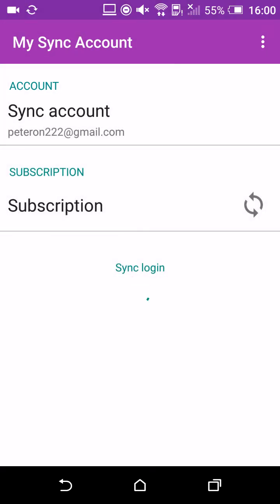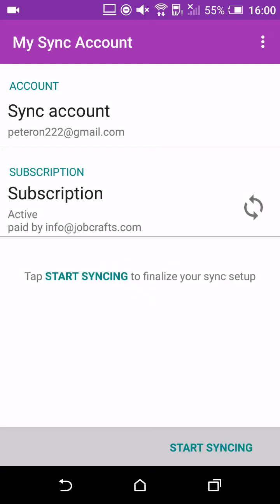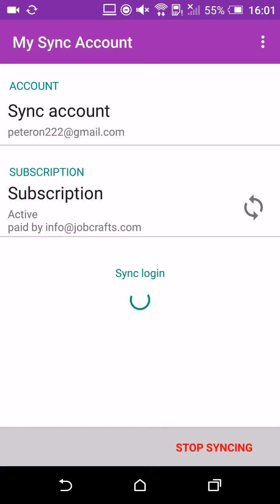I'm selecting a company account because I'm a company. Companies should use a single company account so that when a team member or a collaborator wants to create a job for that company, they can select this company account. Now, if you want to keep the process going, we start syncing. This will register the device, and